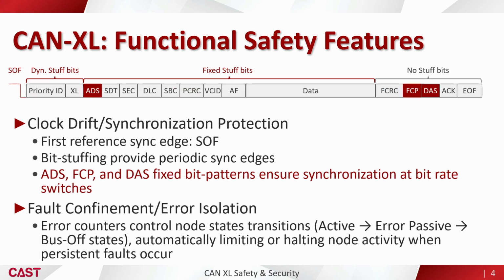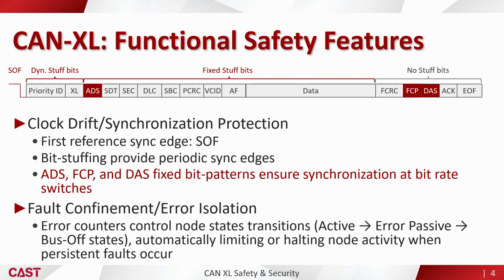Clock synchronization is critical in any serial bus protocol. CAN keeps all nodes synchronized through periodic signal transitions within each frame. It starts with the start of frame bit, which provides the initial reference edge. Then bit stuffing ensures that regular transitions continue throughout the arbitration phase, giving receivers frequent opportunities to resynchronize. CANxl extends this principle for its high-speed data phase. After the speed transition, fixed position stuff bits maintain synchronization even at the faster bit rate. The ADS, FCP, and DAS fields contain fixed bit patterns specifically designed to ensure reliable synchronization at the points where